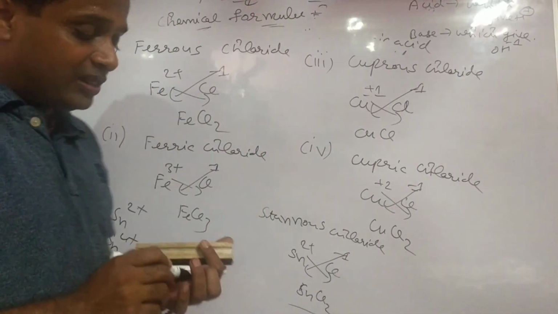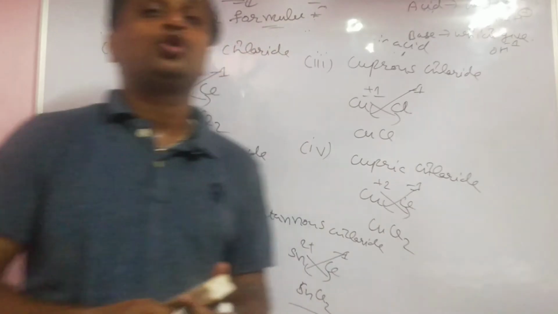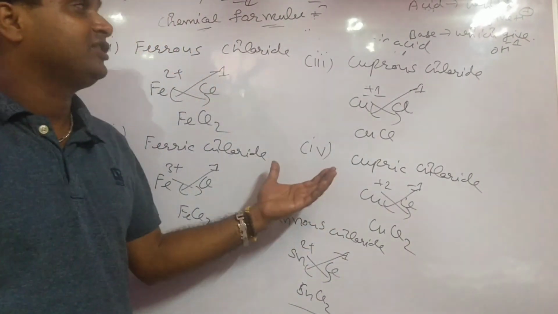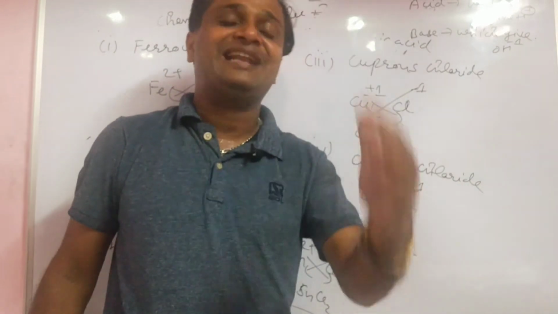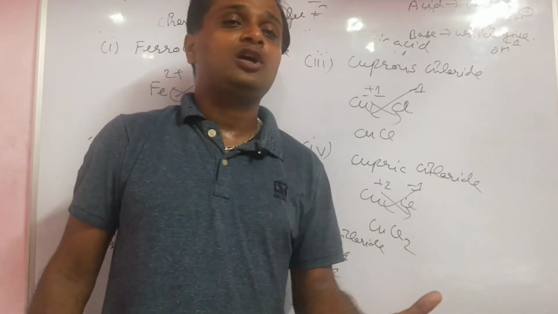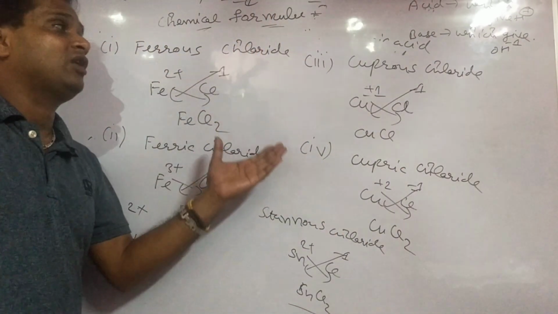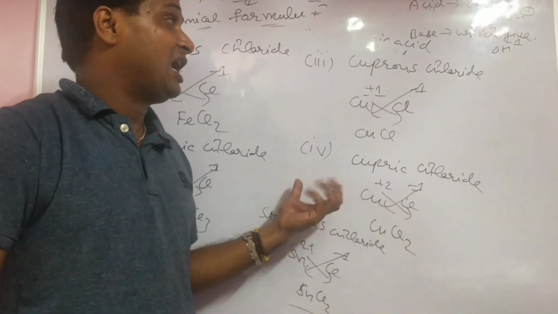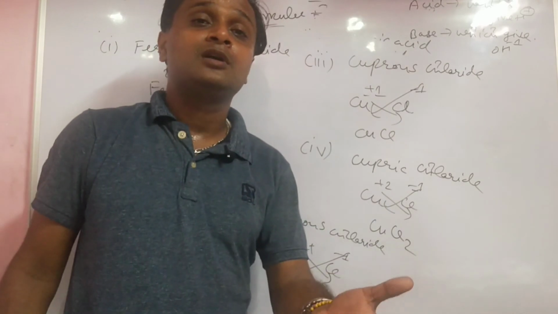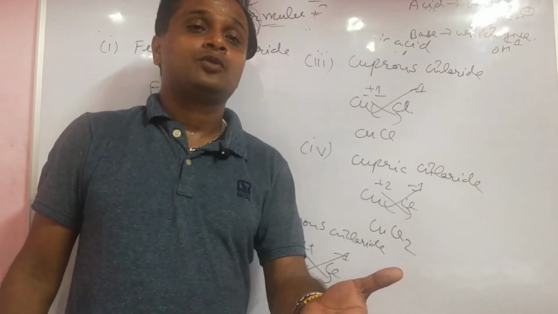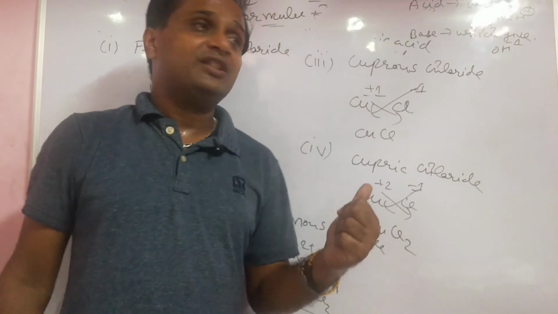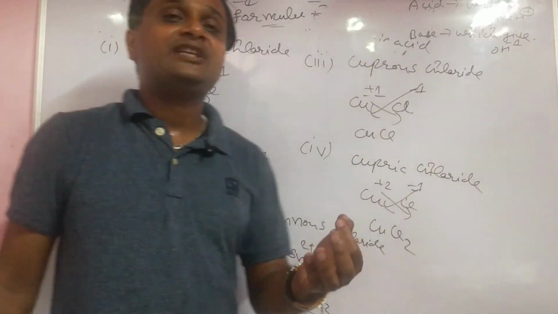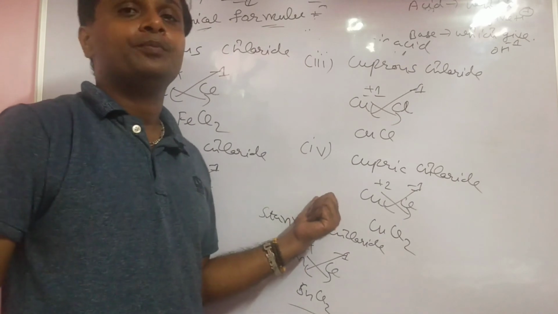Yes, these are all the examples for practice. You have to do practice daily. Keep in mind, this is very easy. First of all, revise all the radicals. Then you are able to make the chemical formula by the crisscross method very easily. And in future, this also helps to make the products of reactions, so it is very important. In this lecture, this much we do only. Please students, try to practice at home. Yes, thank you.